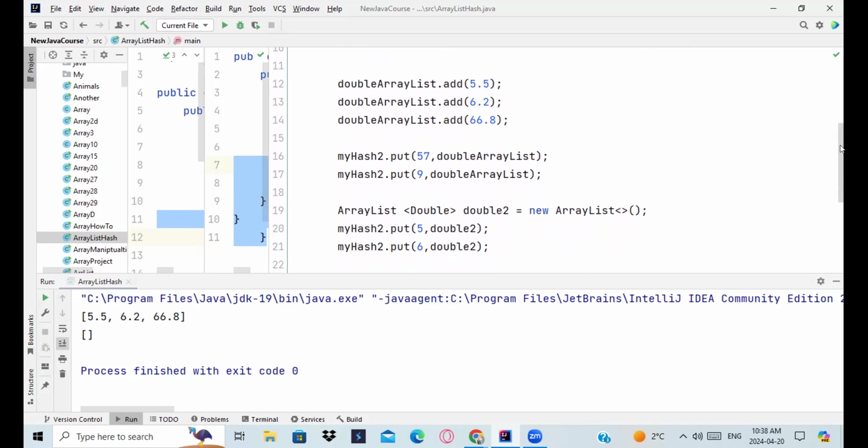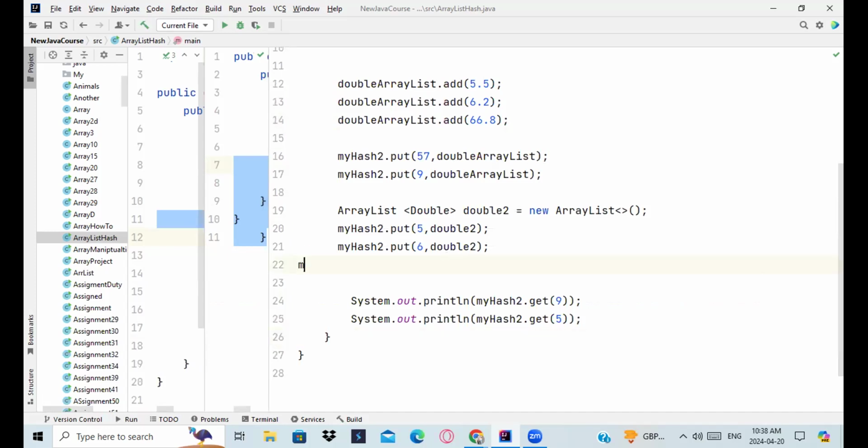On lines 20 and 21, you added the array list double 2 to my hash where key equals to 5 and where key equals to 6. But you didn't add any values to this double 2. So the double 2 array list is empty. That's why we got an empty list on the second line in the output. You understand? Can you try now to add some values to double 2 and see what will happen in the output? Just add any random values to double 2